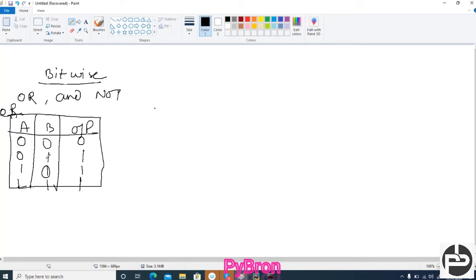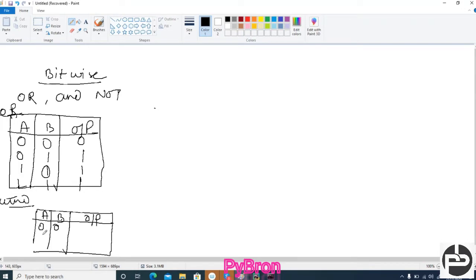Next, the AND gate. Let's see the AND gate also. Please try to understand how it works, and it will be very helpful. Now I'm going to give some beautiful questions from an interview point of view. People are always asking, what is the use of this bitwise logical operator? From an interview point of view, so many questions will arise from this point only. Okay, let's see.